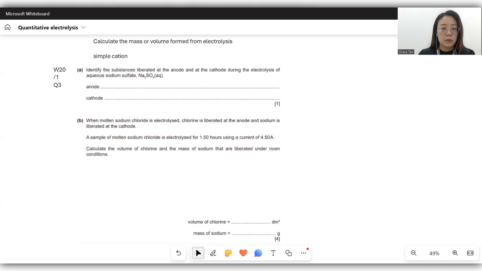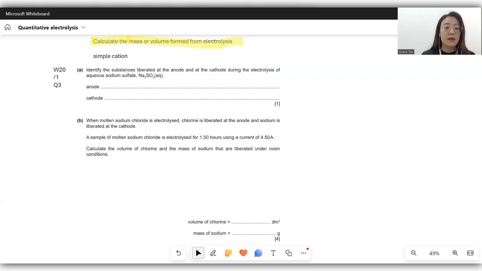Hello everyone, today we will be looking at quantitative electrolysis, where we will be calculating the mass or volume of your element that is being formed from your electrolysis. So first, if we were to recall back, electrolysis is defined as the decomposition of the electrolytes to its constituent element. So if you were to decompose molten NaCl, you will get Na solid metal and Cl2 gaseous state, okay? That will be the element in standard form,